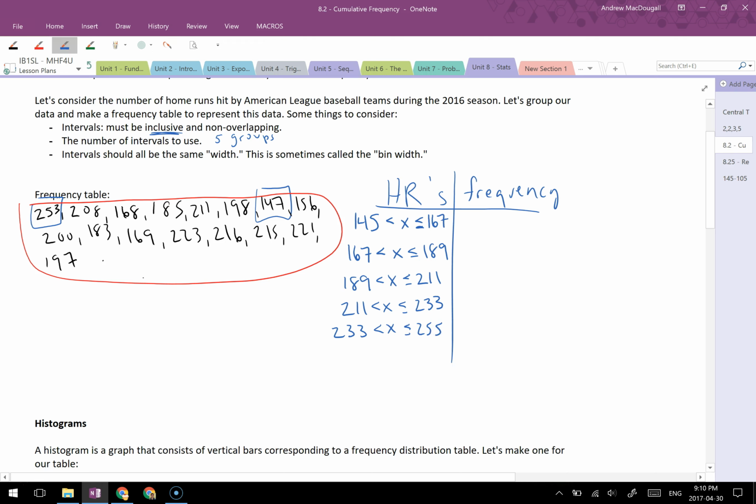Great, so now we count the number that fall in each bin. How many are between 145 and 167? Let's see, 1, 2, okay, 2 that I saw there, maybe I missed one. Now, 168 to 189: 1, 2, 3, 4, so 4. Now 189 to 211: 1, and we're including 211, so 2,